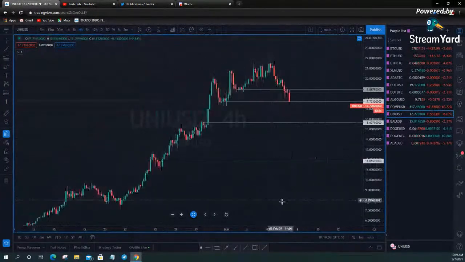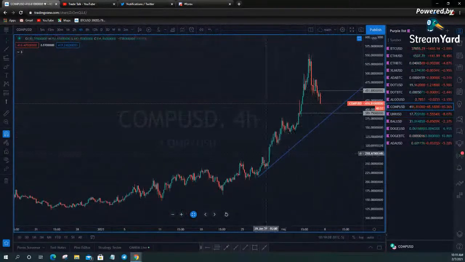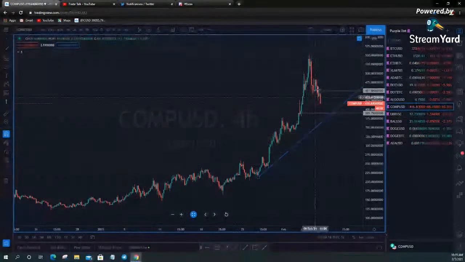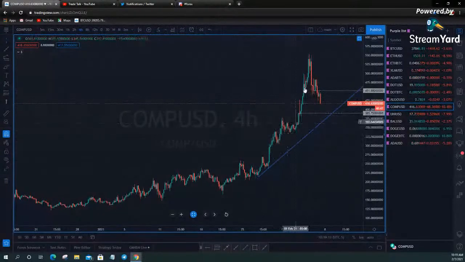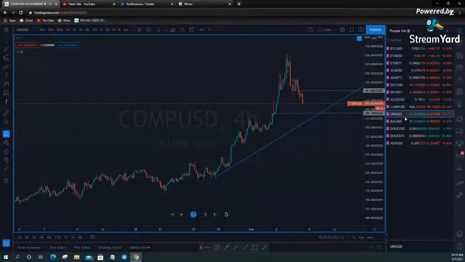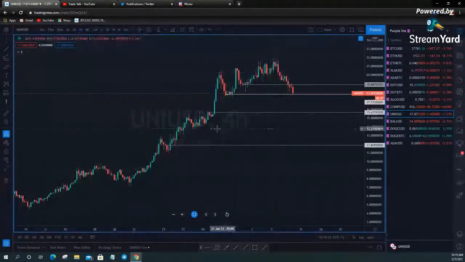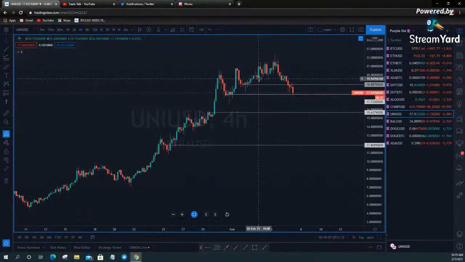Uni's pullback is a little bit steeper. Comp is a little bit steeper too, but you got to look how steep the run up was. And you're still not even at the midpoint of the run up. So this is still bullish. Uni looks a little bit different, however. Uni is rolling over, and it's rolling over kind of steeply. You had a nice methodical bullish move up, but you're moving down quicker than you moved up, which is usually